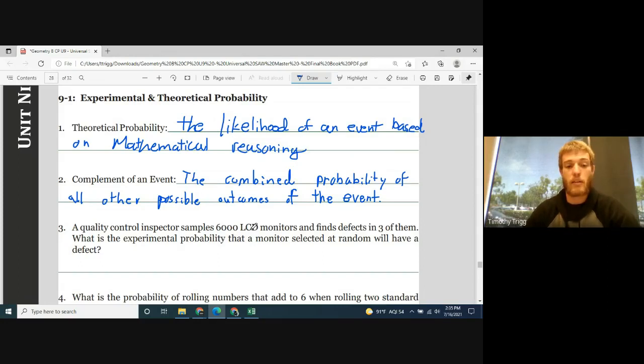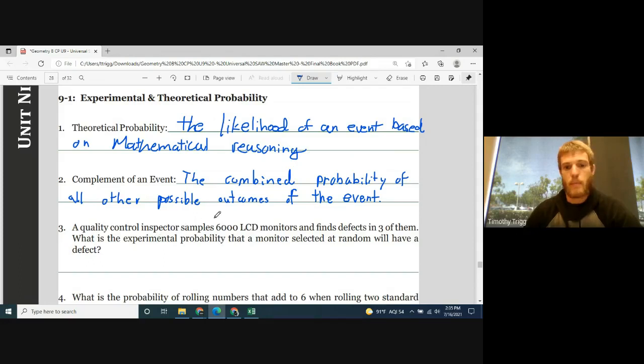That doesn't mean theoretical probability is an incorrect answer. It just means that it's not based on an experiment. And oftentimes theoretical probability is stronger than experimental probability, right? So let's say I flipped a coin 5 times and I got heads every time. Does that mean it's a 100% chance of heads? Well, obviously not. So the experiment is kind of misleading there. But with theoretical probability, regardless of what happens, I know that the probability of getting heads is 1/2.